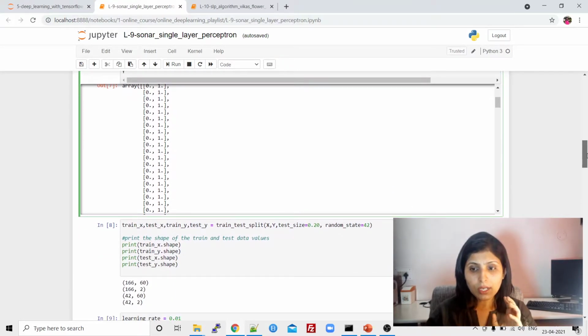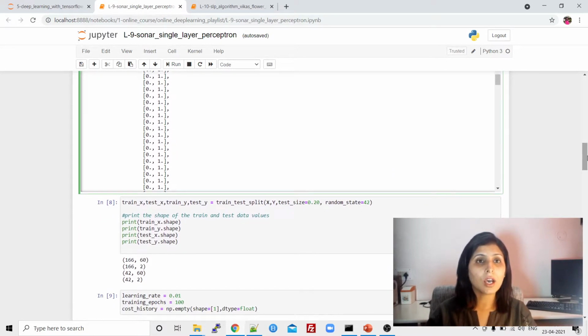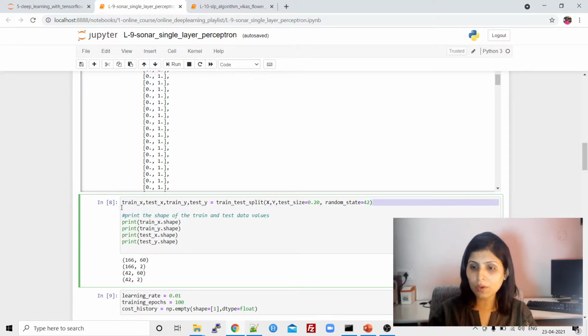Now let's divide our data into train and test. On the training data we will train our algorithm, and on the test data we will test our algorithm. So this is what we are doing over here. train_x, test_x, train_y, and test_y are the four variables, and train_test_split is a method, right? We are passing these two variables x and y.